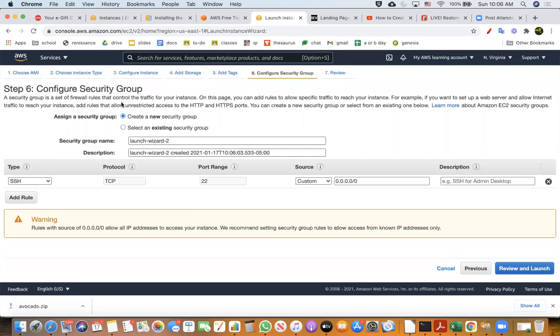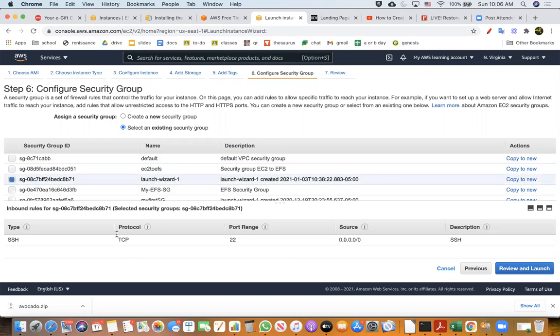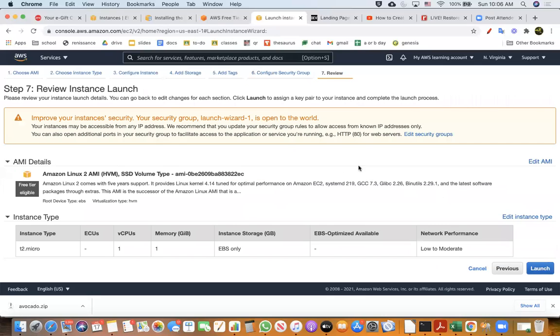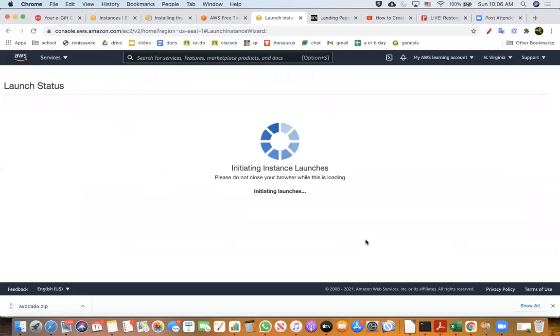So I'm in this EC2 instance creation step. Probably you would have seen all these things all the way up until now. We can select an existing security group. We don't need to create a new security group. So I'm just going to take this one, because all I need at this time is port 22 only. I'm not going to do any website or anything. So I'm doing a review of this. I'm going to launch it, and I'm just using the existing key pair. I'm not going to create a new key pair, and I'm going to launch my instance now.